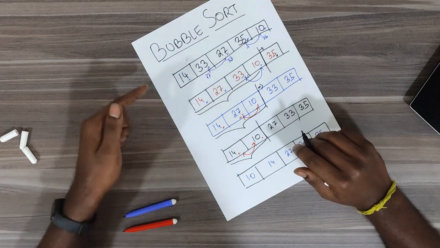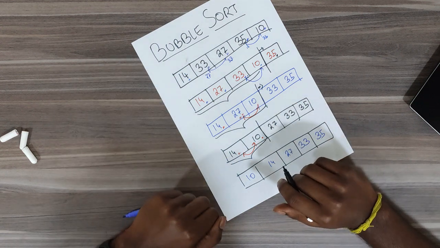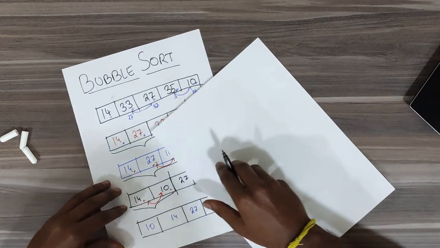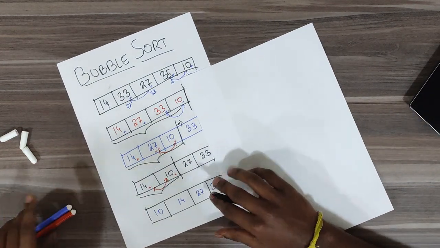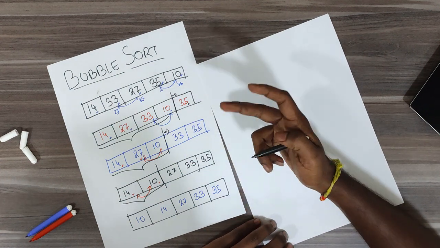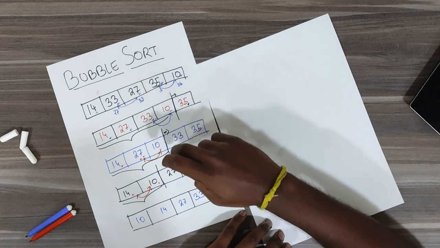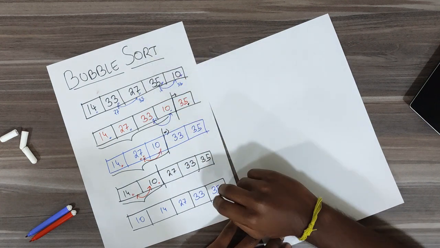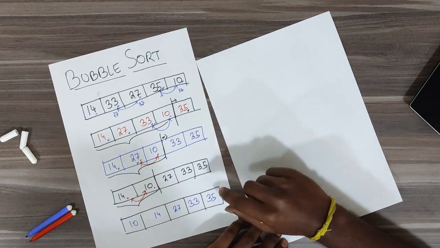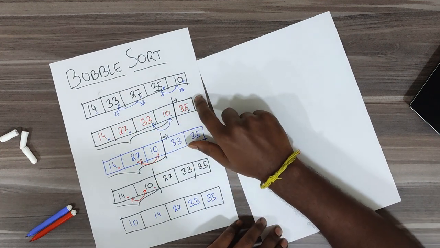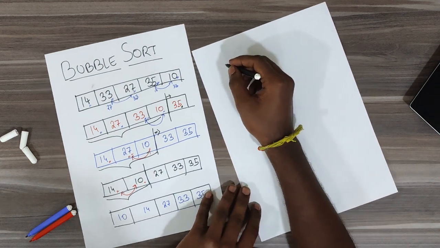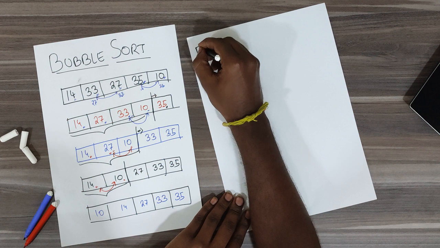Now that we got to know the working behind the bubble sort, let's try coding it. Let's try writing the algorithm for it. The algorithm consists of two loops. One outer loop is used to keep the count of the number of times bubble sort is being applied onto the resultant array, and then another loop is to traverse through the array to find out the largest element. So this here would be the algorithm.